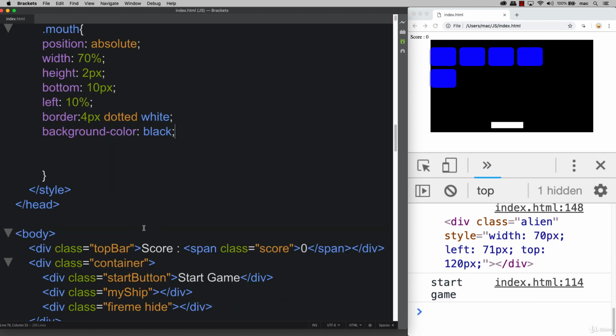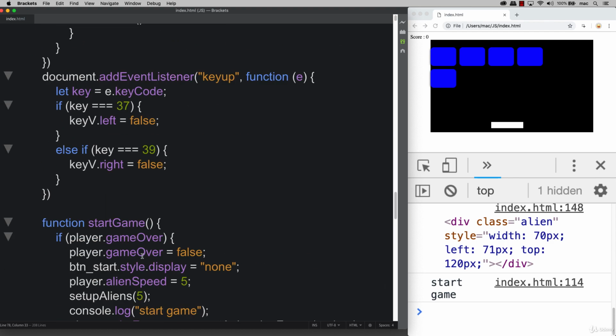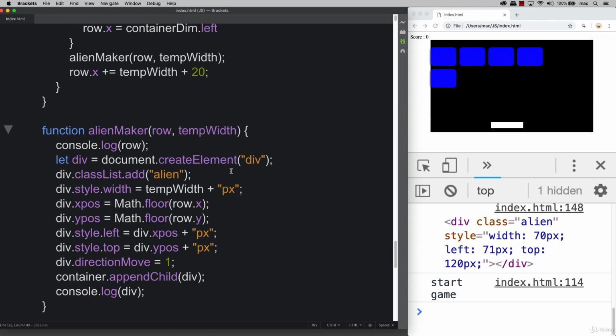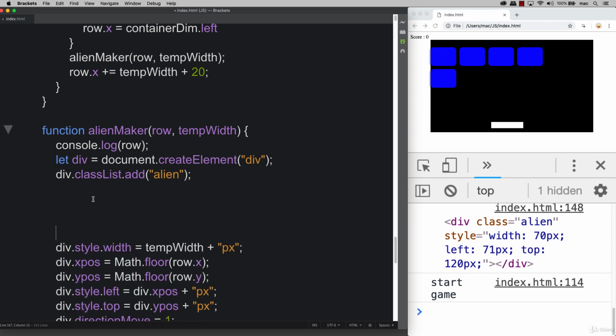So we're ready to add in all of those classes. Going back to where we're dynamically creating the element of alien, we need to append both of the eyes as well as the mouth to it. We can use JavaScript in order to do this. Just as we created that element initially and gave it a class of random, we can also position